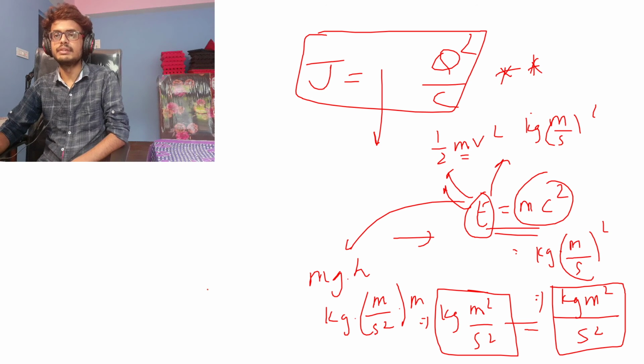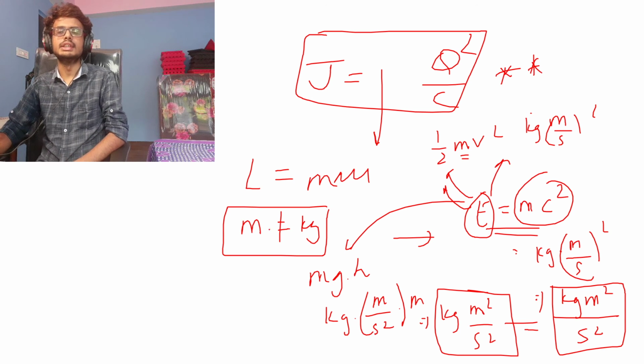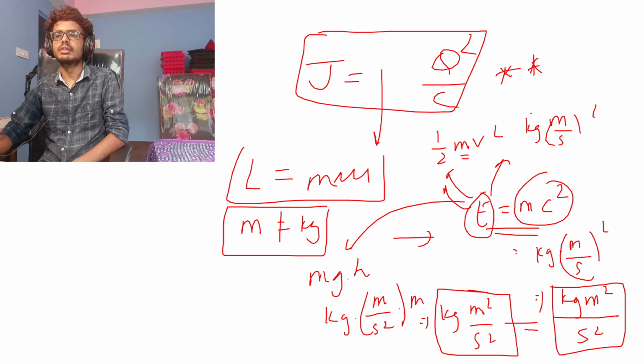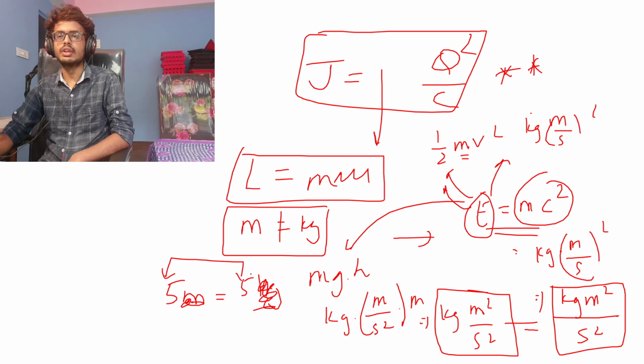So if you have a left hand side with length, length cannot be equal to mass, right? You can't write L equal to m, because यहाँ length भनेको meter हुन्छ, mass भनेको kg हुन्छ. So dimensionally they are totally incorrect, right? You can never say that length of something is equal to mass of something, when you're considering the unit. But if you just consider the magnitude, 5 meter is equal to 5 kilogram भन्न सक्दैन नि त हामी, right? We can't say 5 meter is equal to 5 kilogram, but we can say 5 is equal to 5. So if we just consider the arbitrary values and just the numbers and not the units, we can come to a logical conclusion.